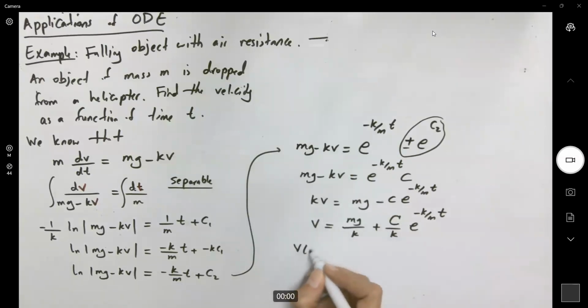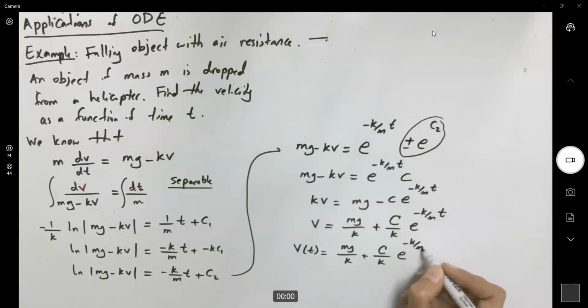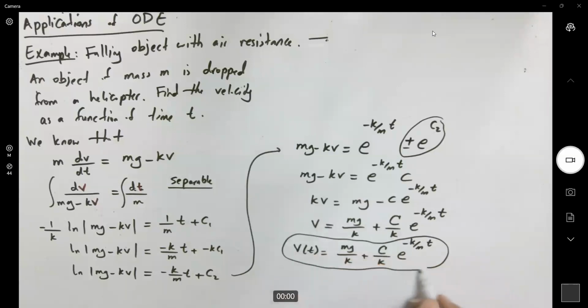So v of t is equal to mg over k plus C over k. You can call this guy another constant as well, or you can just factor out 1 over k and write it outside parentheses, e to the negative k over m times t. So we wrote velocity as a function of